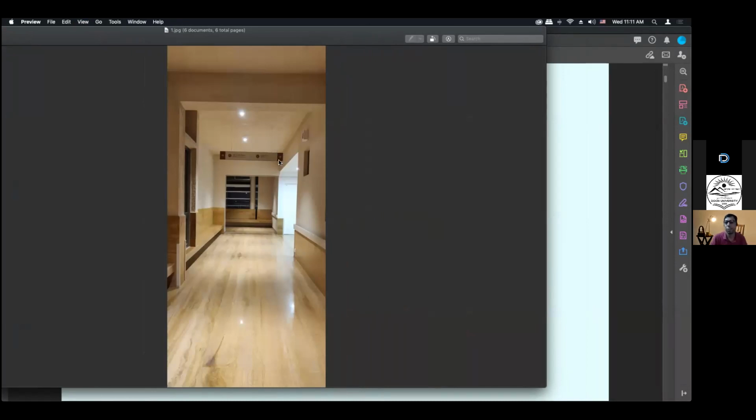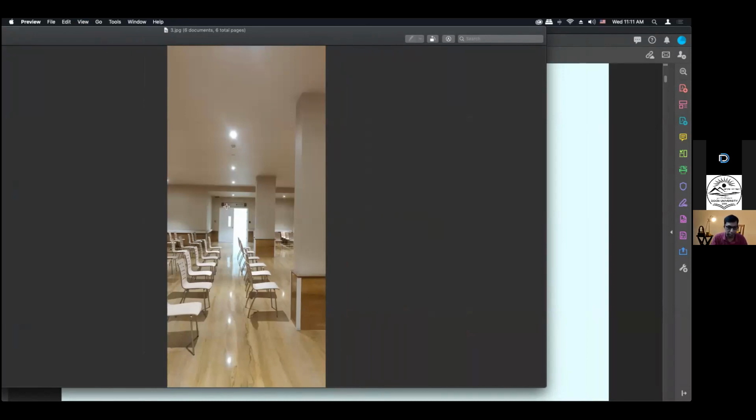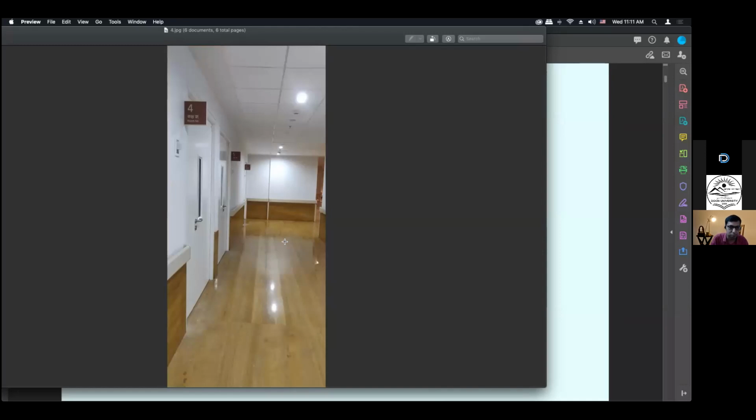Some of you might have worked on projects in signage systems, so it might be familiar. And these are the signs giving direction of which place to go. This is another door sign which is extremely small, but these are some of the photos I have. Then again, these are the perpendicular signs outside the doors of the hospital.